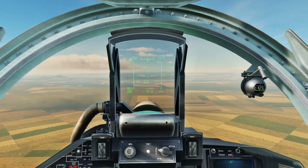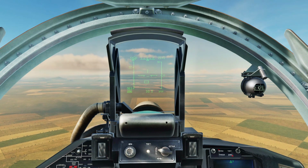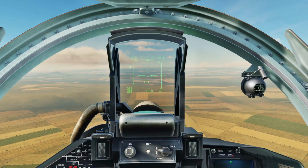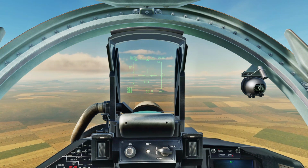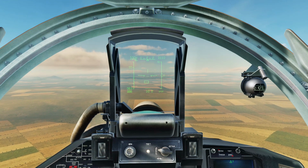The F-15 is on a standard course, just heading south, so I know where he's going because this is just a simulation, not a multiplayer battle. But this could work in multiplayer as well, of course, because any plane that generates heat, you'll be able to pick up. So as I'm slowing down and waiting for the F-15 to get away from me, it will actually